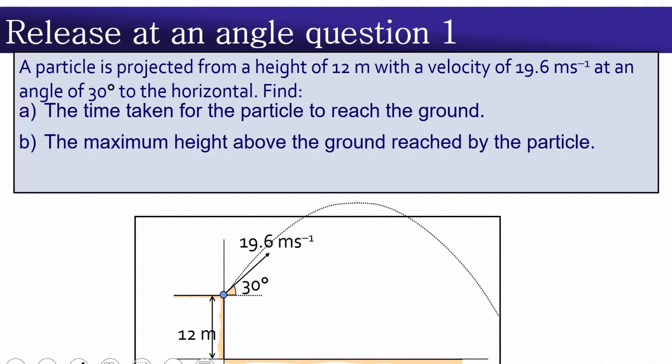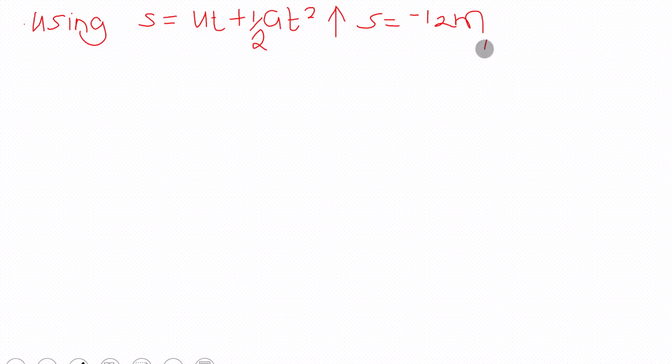It's negative because it is below the point of projection. The object was projected from this point, and this 12 is below the point of projection, so it becomes negative. And then our u is going to be